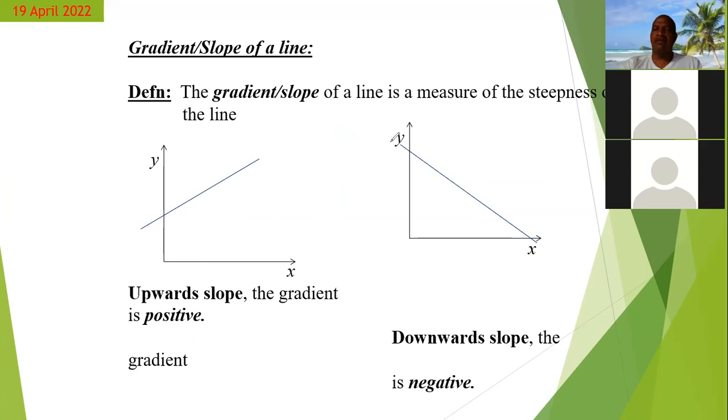However, if you're moving from left to right and you're sloping downwards, when you calculate this gradient, your gradient is going to be negative. So you can tell what direction a gradient is sloping based on the sign of the gradient. If it is positive, moving from left to right, it's sloping upwards. If it is negative, moving from left